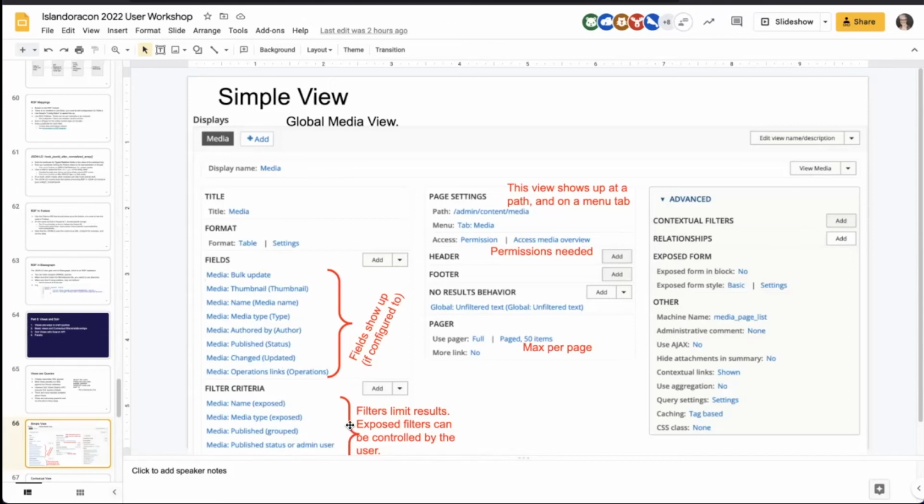Because this is an administrative view, all of these filters are exposed. And exposed means that the person viewing the view, interacting with it, gets to see and configure whether this filter is applied or not. So you can filter by name. You can choose media type from a dropdown, and you can select whether or not you want to show just published or all, as well as